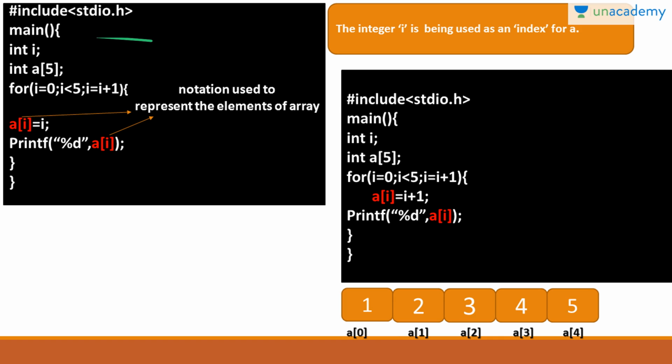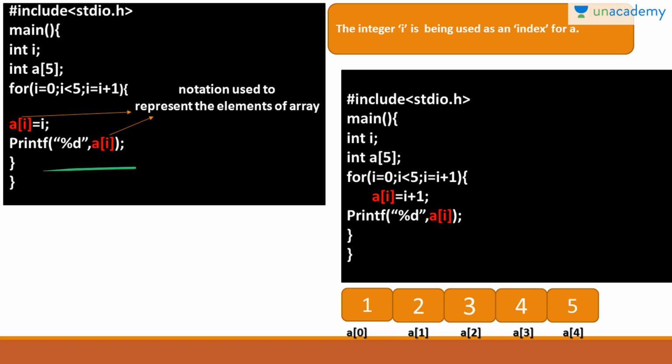Here i less than 5 is the exit condition, so after 5 it will not print any value. a[i] is the element of the array, and we are assigning the value i to it. So it will print a[i] equal to i.